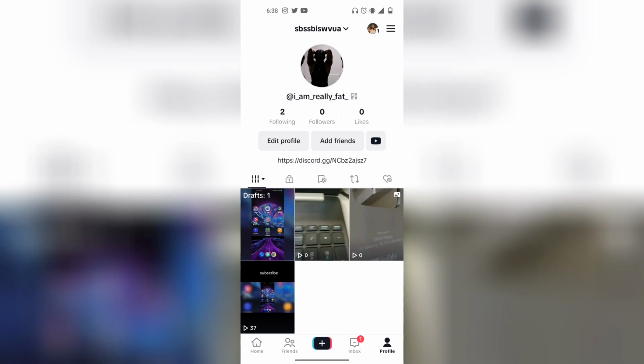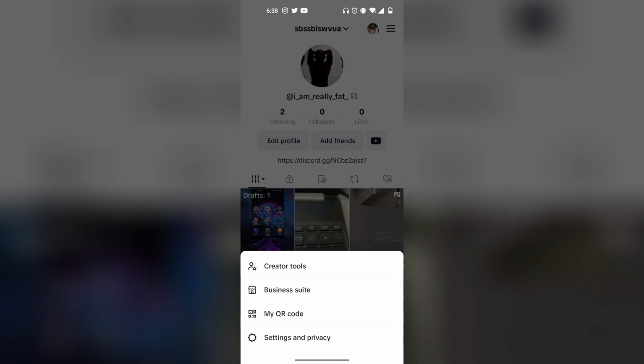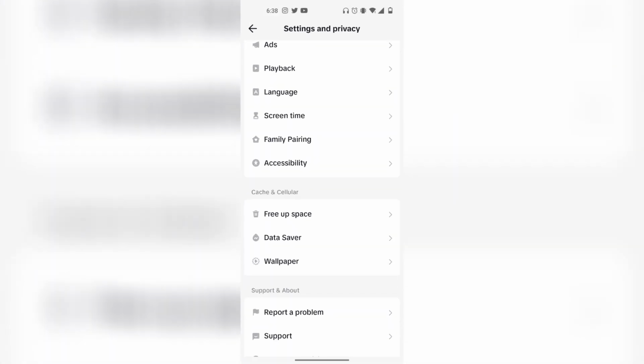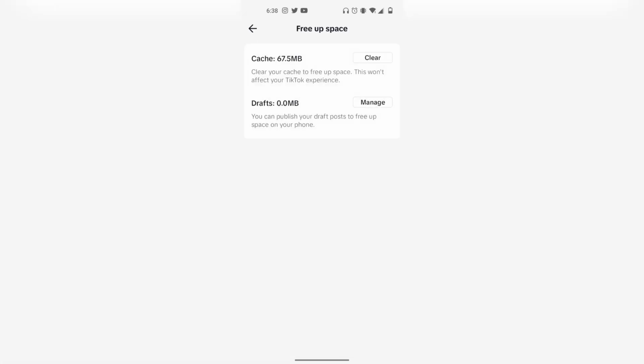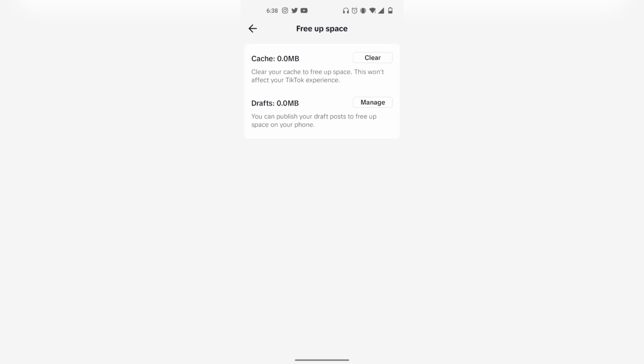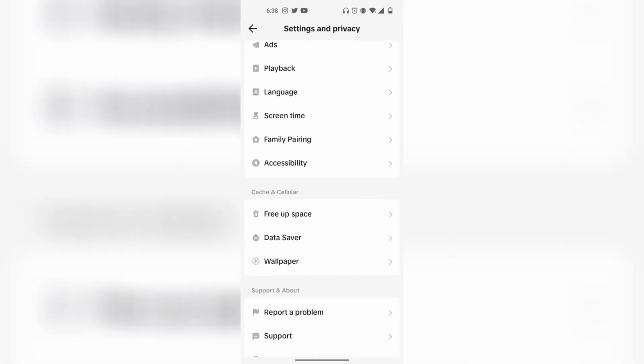However, what you can also do is click on the three bars on the top right hand side, and then click on settings and privacy. Now scroll down until you find cache and cellular. Click on free up space, and then click on clear cache. Clear. And then once the cache has been cleared, if that still does not work, then what you want to do